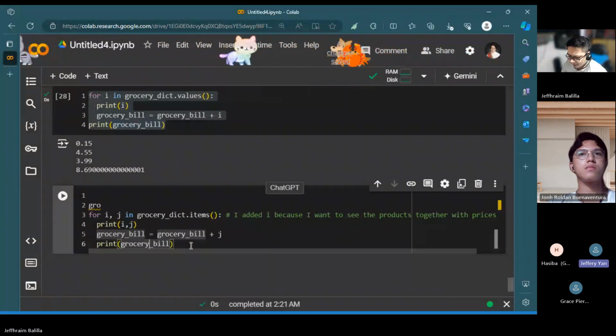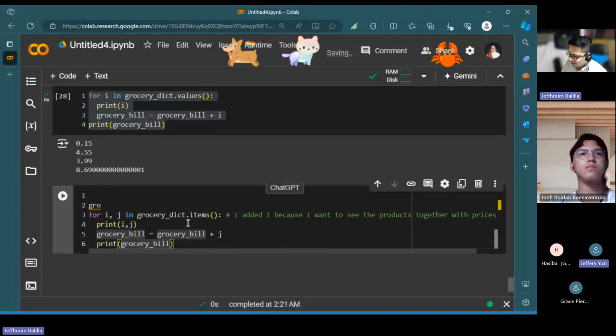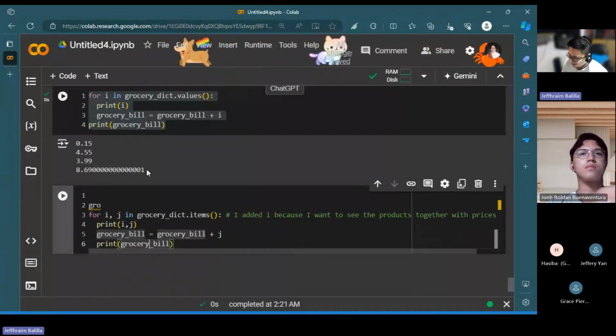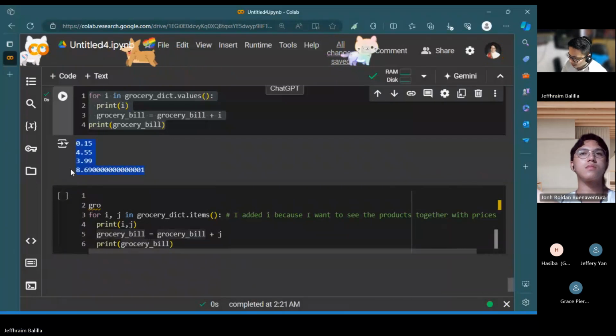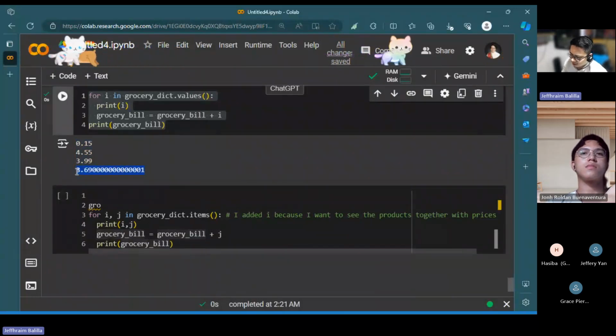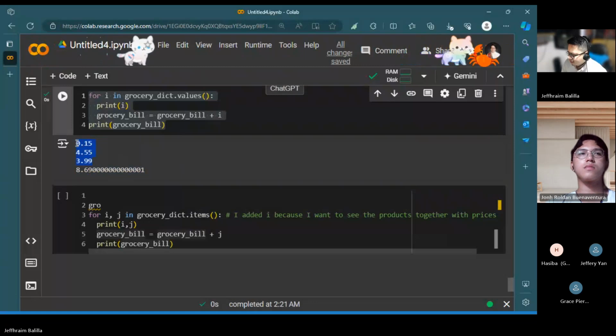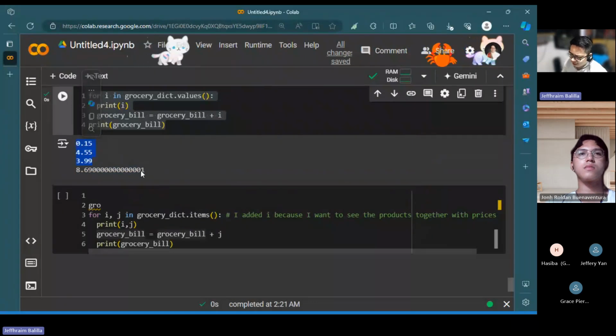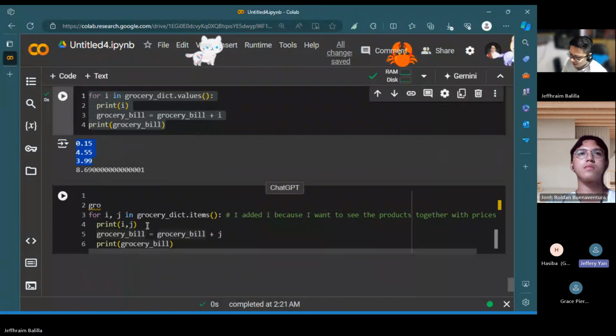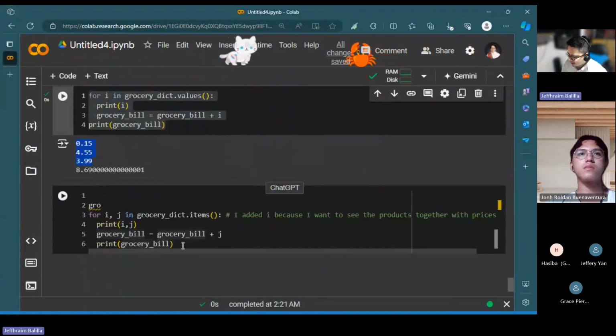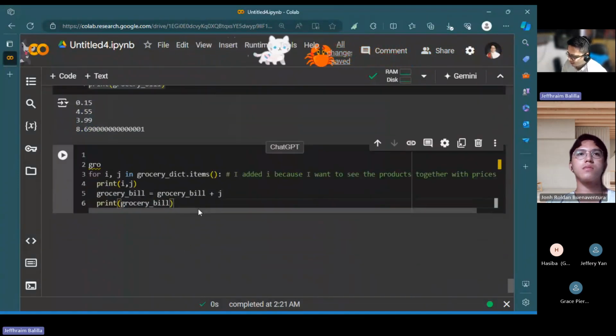So basically, is that a running total? Yes, that would be a running total. Earlier, this is not a running total, but the final total. I just printed out the values here, but I did not really generate a running total. Okay, so the other one is the final total. Got it. Yeah, so the running total is what I want to do here.